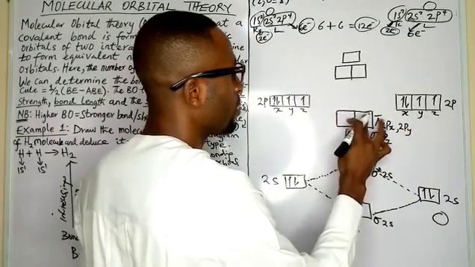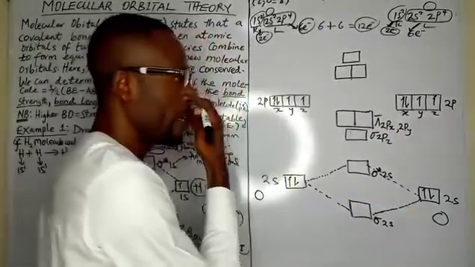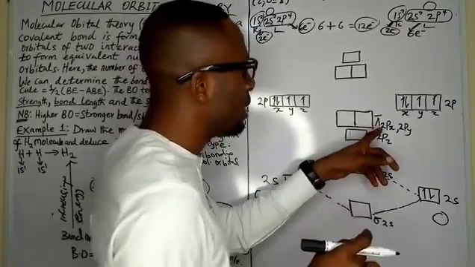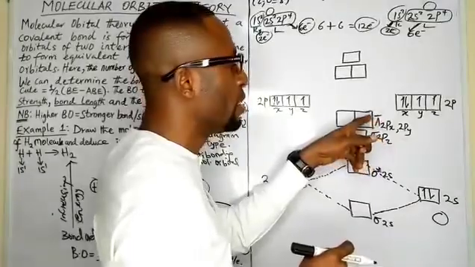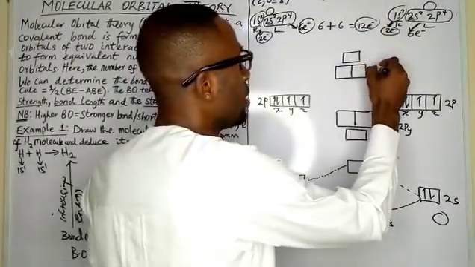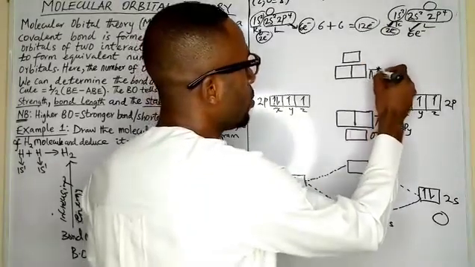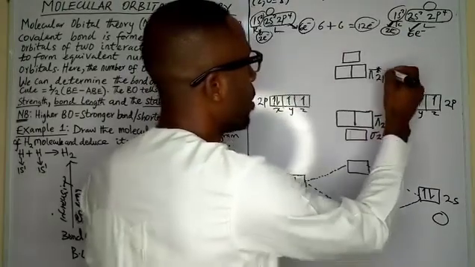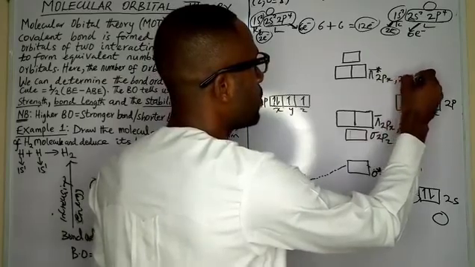This is the x orbital, this is the y orbital, and this is the z orbital, just like what we have here. In this case, it is important to understand that immediately after your pi bonding orbital, you're going to have your pi star before the sigma. Note that you have your pi star. Again, this will be your pi 2, because we are still in the p orbital, 2px, and of course your pi 2py.